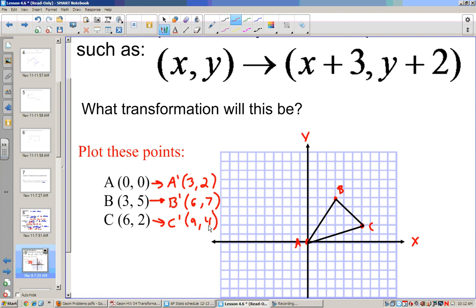So I have my 3 points. I'm going to graph these in blue. So 3, 2, 6, 7. So A prime, B prime, and C prime is 9, 4. Now when I connect them,